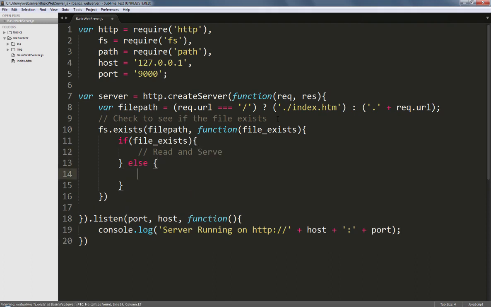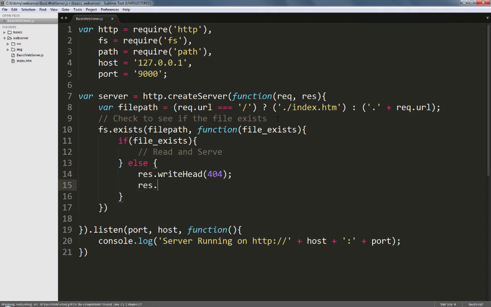Else, we'll do a res.writeHead with the HTTP code 404 or file not found. We'll end this response by doing a res.end with a message, sorry, we could not find the file you requested, which will be displayed in the browser if the file is not found.